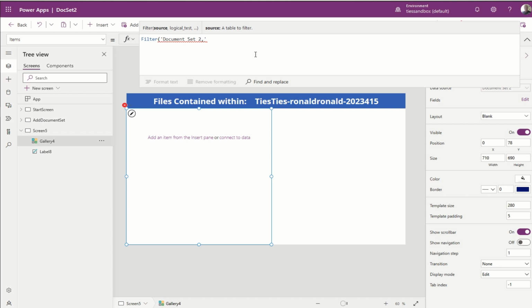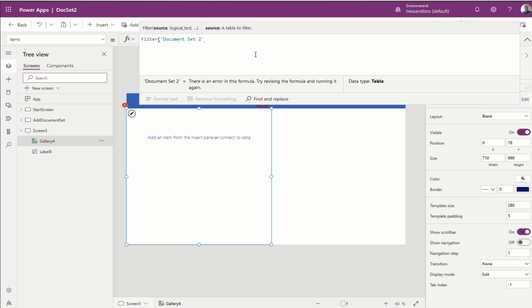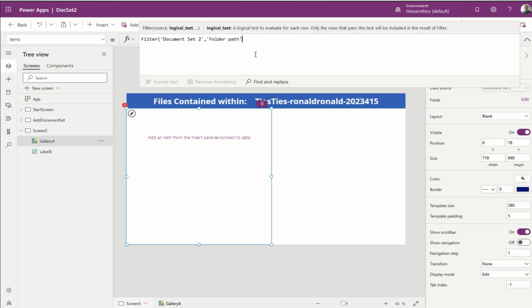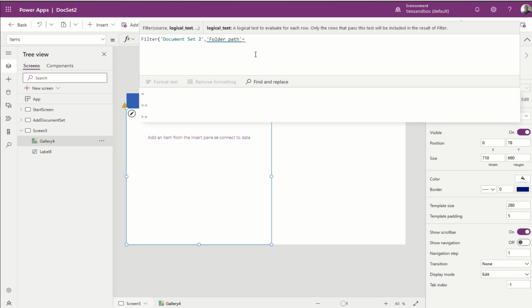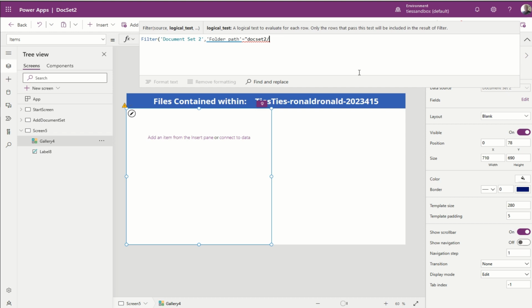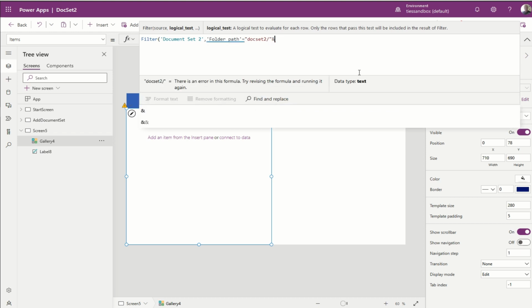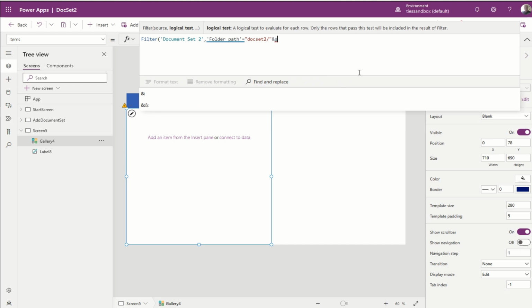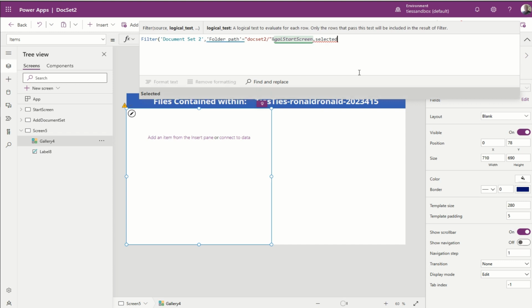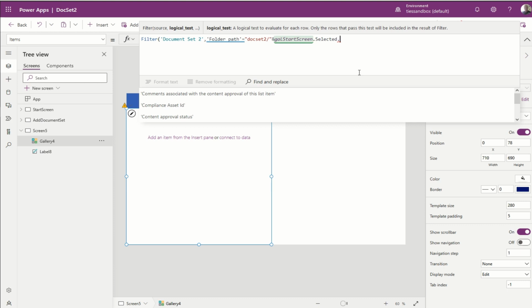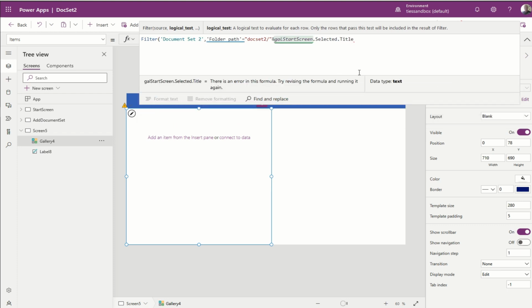We're going to use the column called folder path. So we go folder path equals, and then we're going to go quotes, and it's going to be the doc set 2, the original name I made it, slash, and then we're going to concatenate it with gallery start screen dot selected dot title. Whoops, sorry. Yeah, title dot